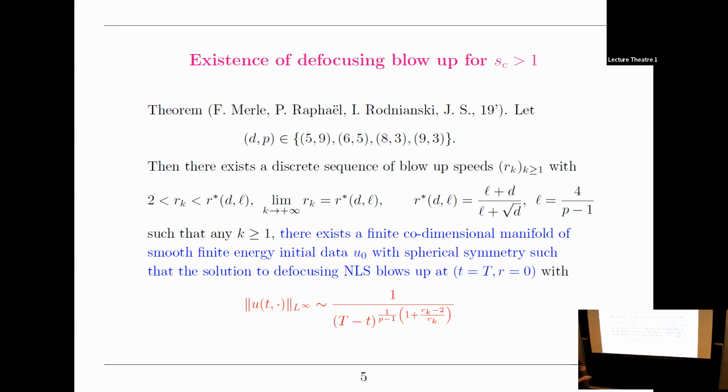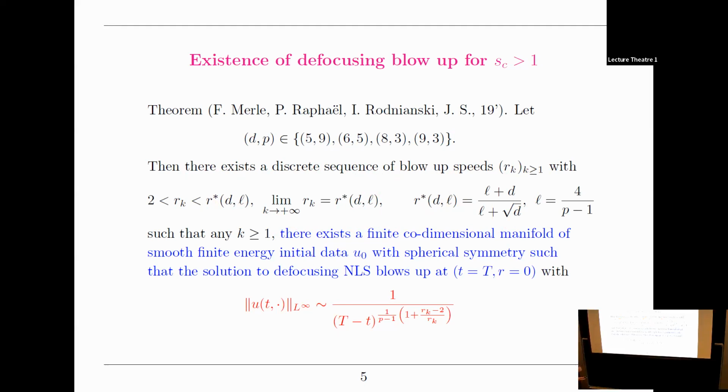Next there is this sequence r_k that will pop up many times in this talk, and we'll see exactly what it is only at the end of the talk. For now, let me just say that it's a sequence satisfying r_k strictly between 2 and some limiting value r_star, which is in fact the limit of r_k as k goes to infinity. It has a special value, which of course is important, but for the purpose of following the talk, it's not important. What I hope to explain at the end of the talk is exactly what this sequence r_k is, and what is special about this limiting value.